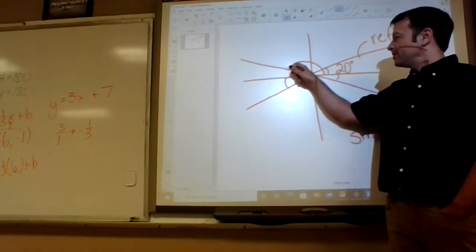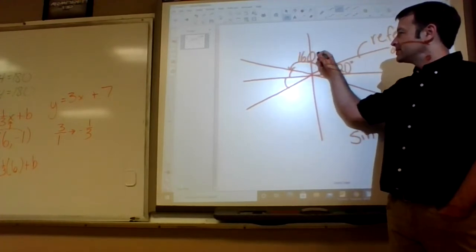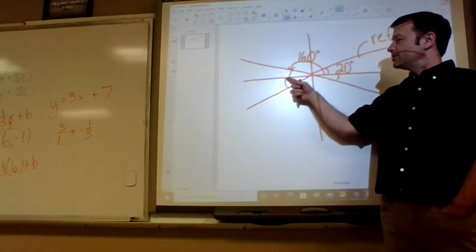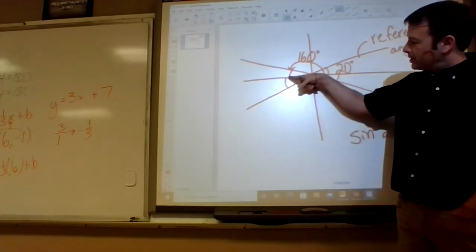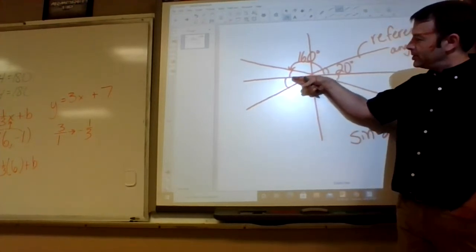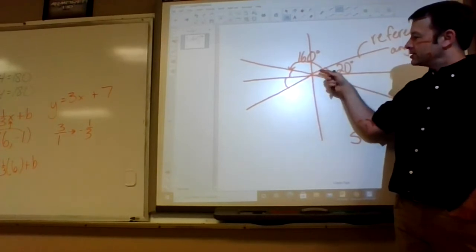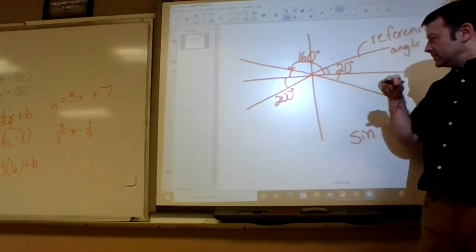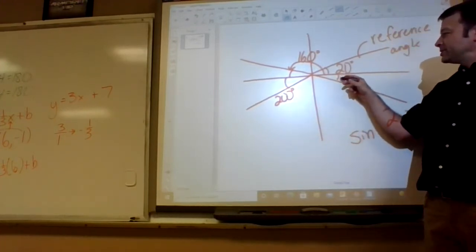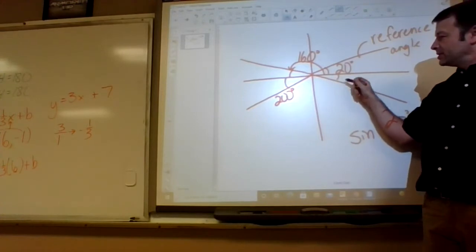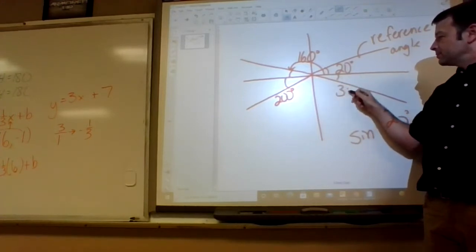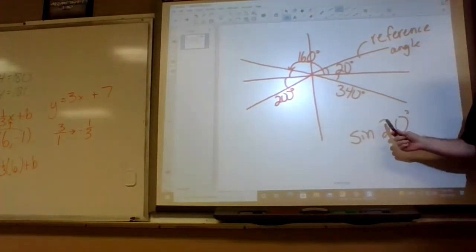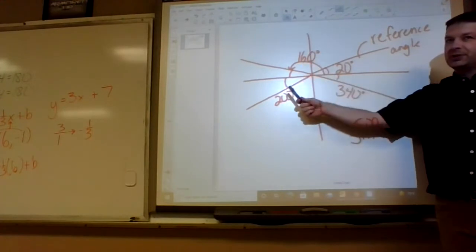So really this angle is 160 degrees. I'm just showing that it's 20 degrees away from the 180 line. This angle is also 20 degrees from 180, but it's 20 degrees past 180, so it's 200. Quick math. Good job, Reed. And this one is 20 degrees short of 360. So what would it be? 340. Yes, sir. The sine of 20 equals the sine of 160, equals the sine of 200, equals